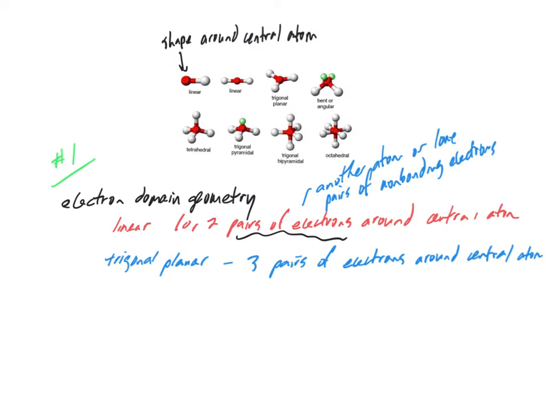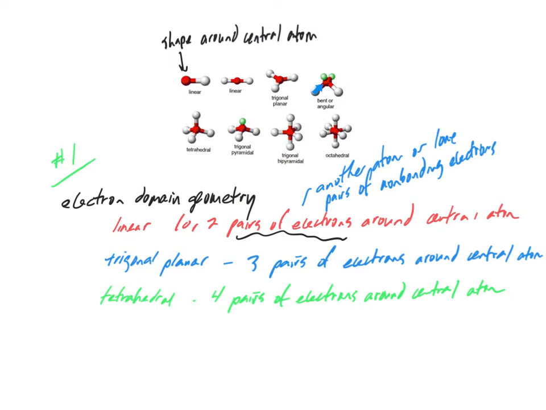So the last type of electron domain geometry is called tetrahedral. And let's define that as 4 pairs of electrons around the central atom. A couple of examples of tetrahedral molecules in molecular shapes. We've got the bent